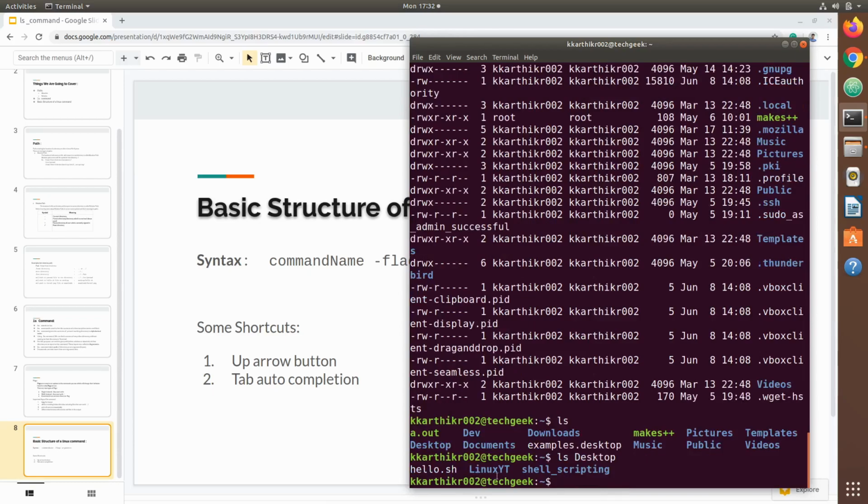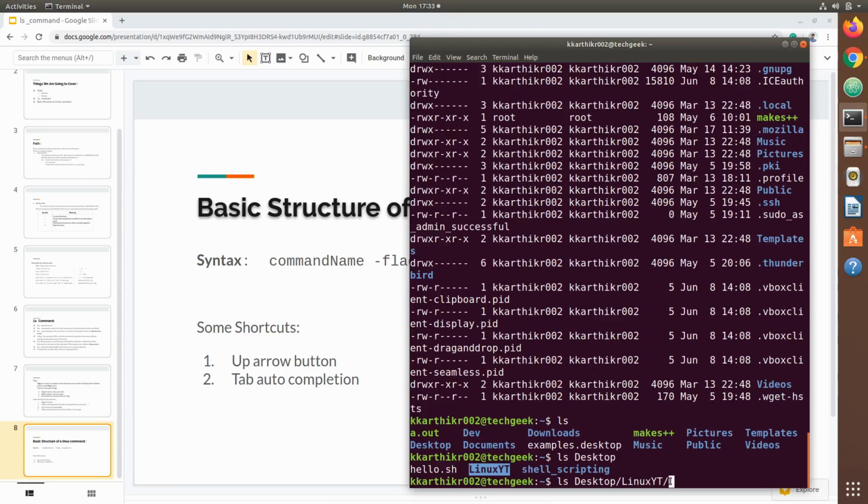Now let us see the contents of the Linux YT directory which is in Desktop. ls des, if you hit tab, it auto-completes the path. Then Linux, then tab, it auto-completes the path. You can save time typing using tab auto-completion.